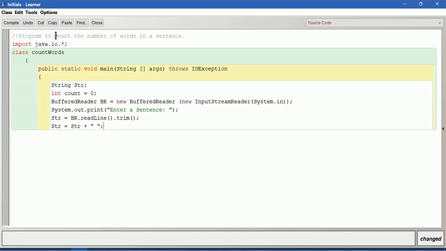So this is program to print the initials of the given name. So here I change the class name. We are not going to count anything here, so let me delete this